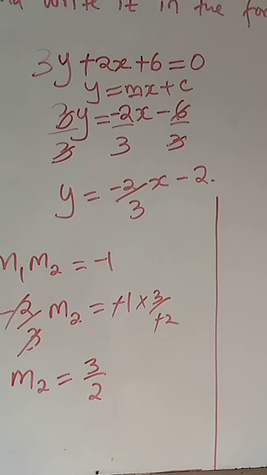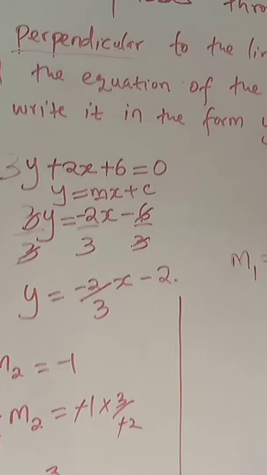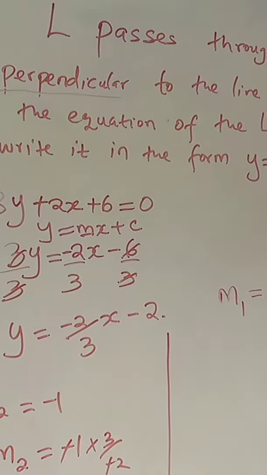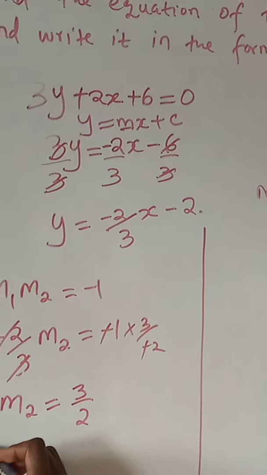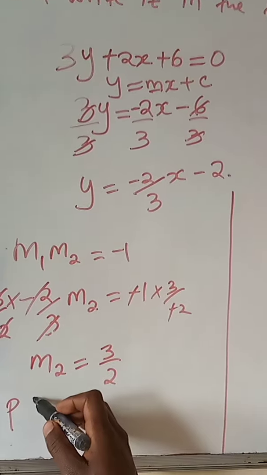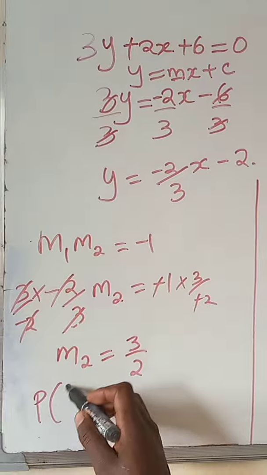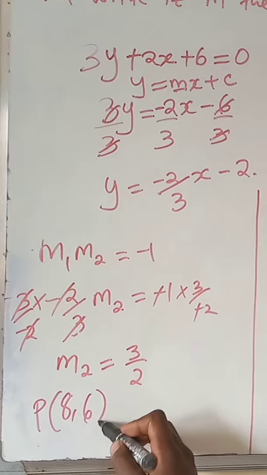And because this is the gradient of line L, and this line L passes through the point P, we are going to take that point P, which is (8, 6), and we look for any other